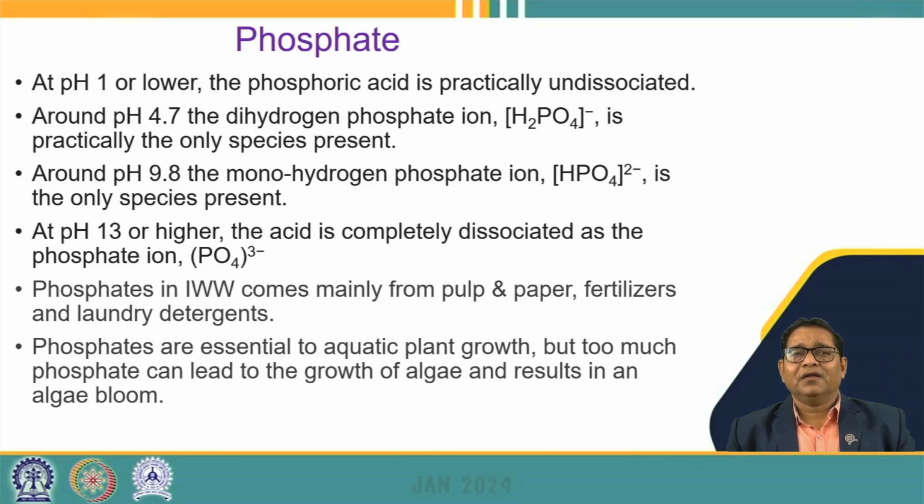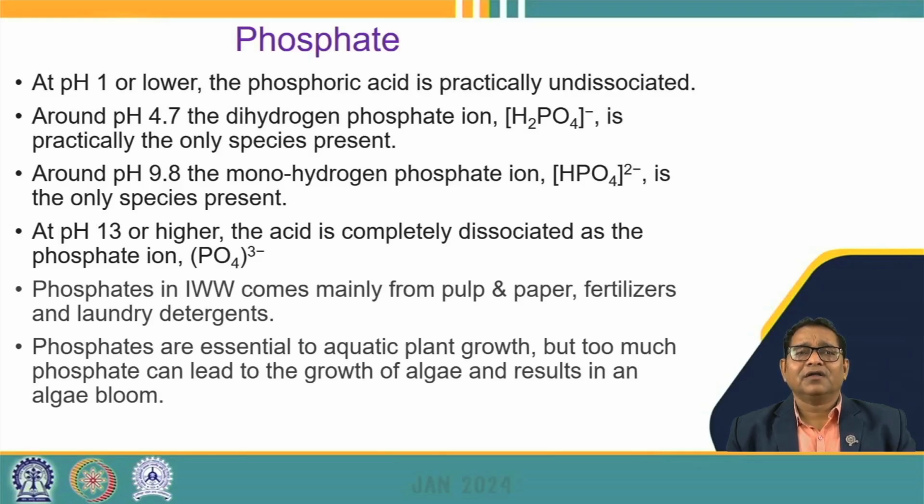But as the pH increases, up to 4.7, dissociation of this phosphoric acid takes place, and it is converted into dihydrogen phosphate ions, that is H2PO4-, and